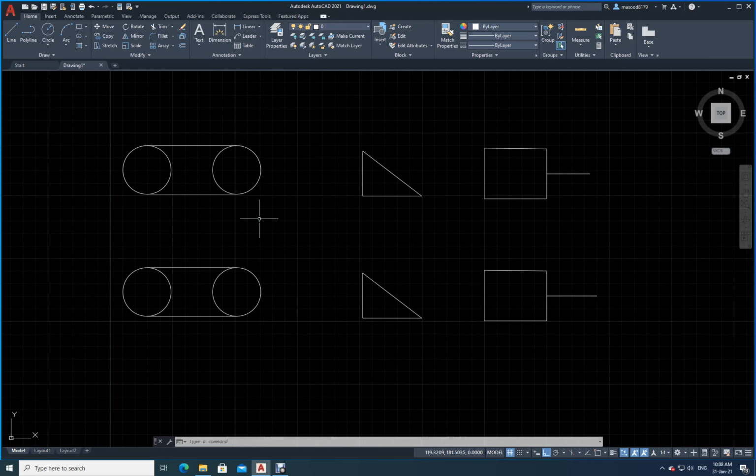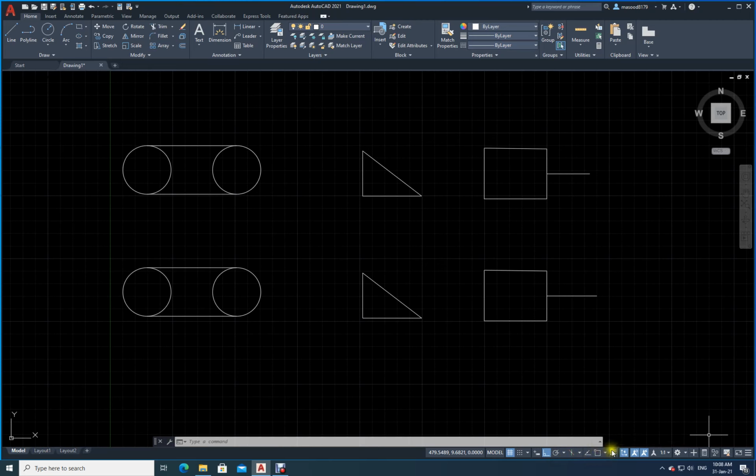There is another way of using this OSNAP, that is called running object snap. OSNAP means object snap. How do I do that? Pressing the Shift key, holding it, moving it around, and then again pressing, holding and selecting, is very tedious when you have a lot of work to do. Is this clear? So in such situations, we can look over here at the bottom in our status bar. Status bar is the bottom bar. Here you can see object snap turned off.